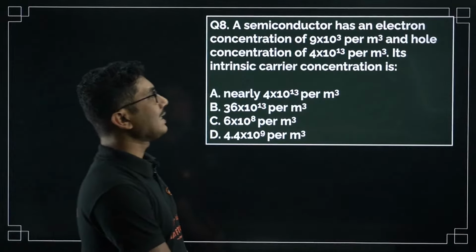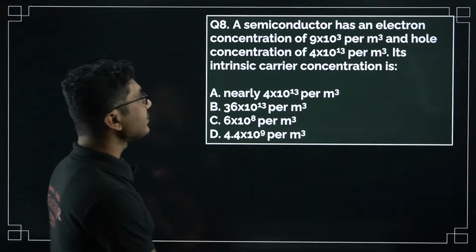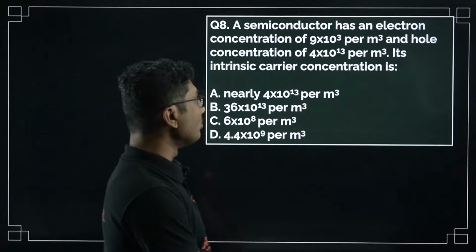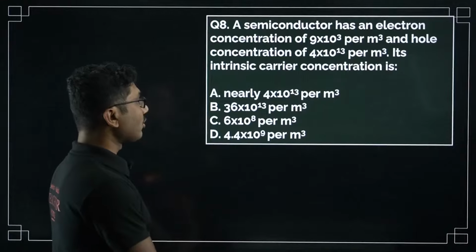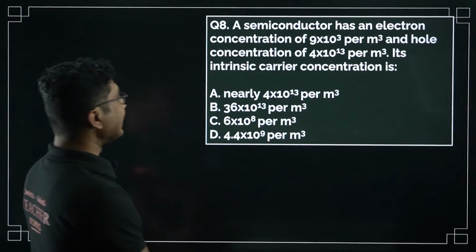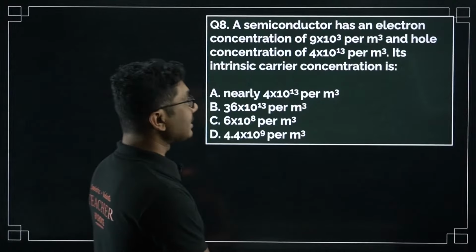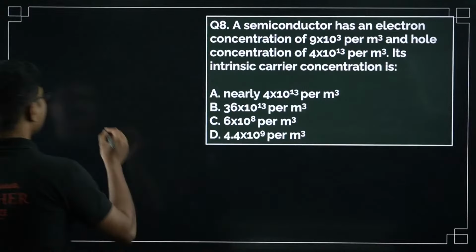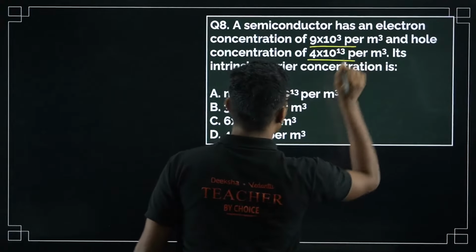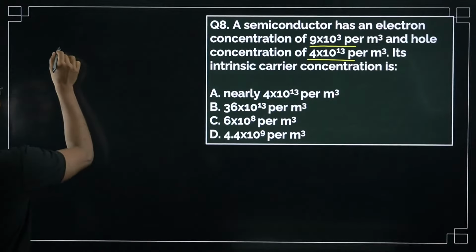A semiconductor has an electron concentration of 9 into 10 to the power of 3 per meter cube and hole concentration of 4 into 10 to the power of 13 per meter cube. Its intrinsic carrier concentration is. So here they have given electron concentration and hole concentration. Okay, so what is the intrinsic